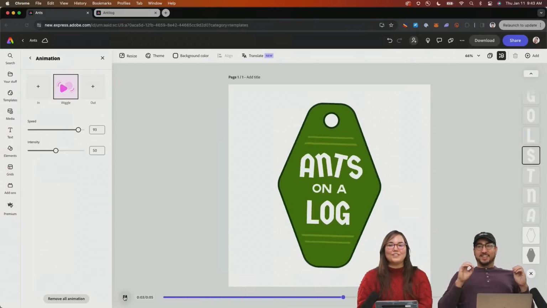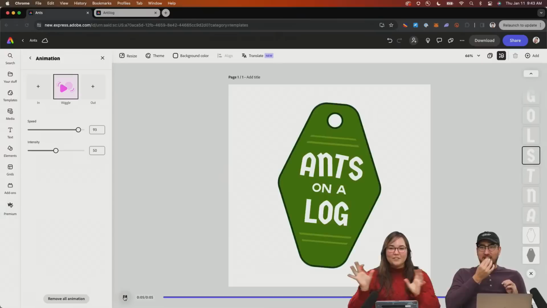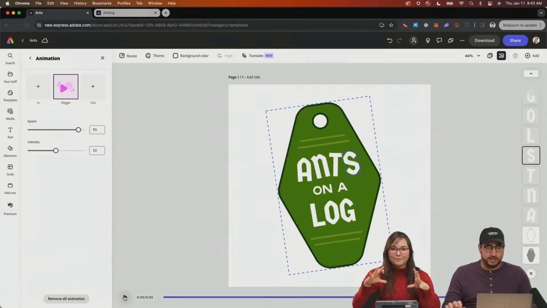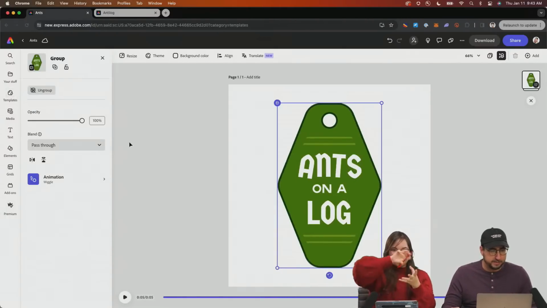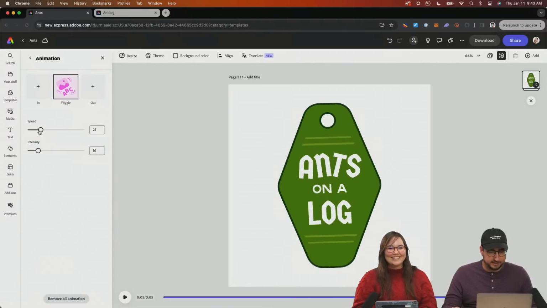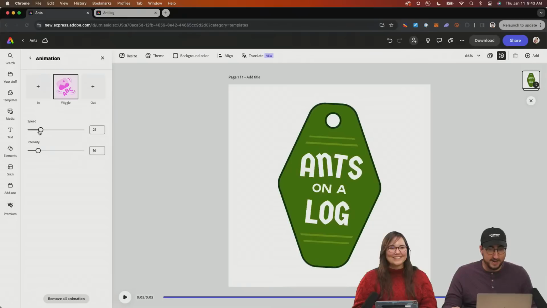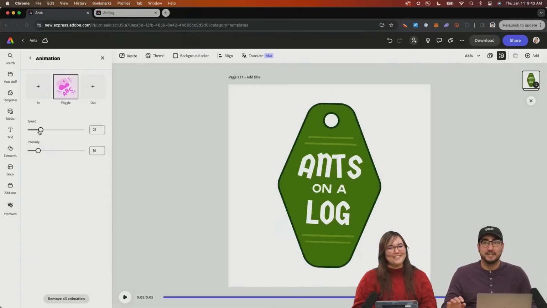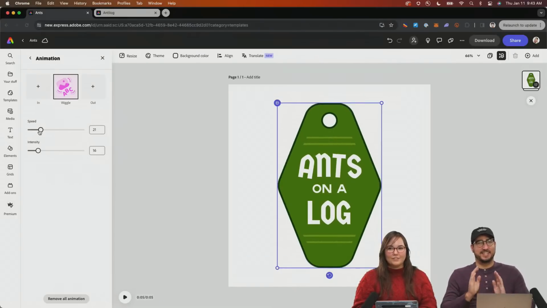Oh my gosh, so it does. Look at them. It's all individual. That's so fun. And I actually think the group is going too much, so I'm going to turn down the wiggle. Turn the intensity and the speed way down. Oh, it's so fun. That is amazing. You can really do a lot of animation in this. Love this. And if we wanted to,